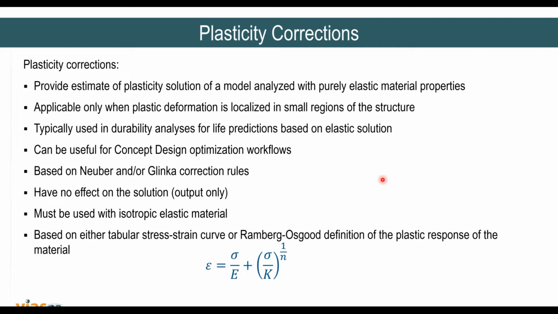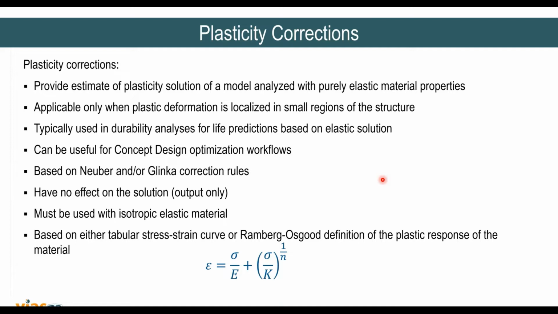You are still using a linear elastic material model, but it can estimate the extent of plasticity it can experience, and it is specifically applicable when the plastic deformation is very localized in a small region of the structure. It shouldn't be used when you have large plasticity in the structure. It has a very specific application, and it's typically used in durability analysis for life prediction based on elastic solution,